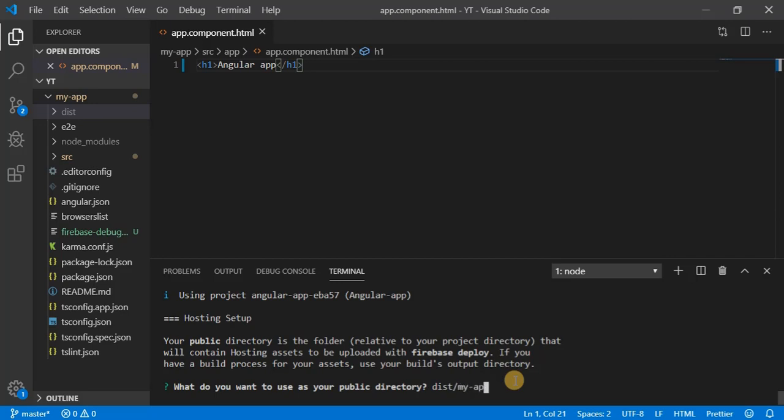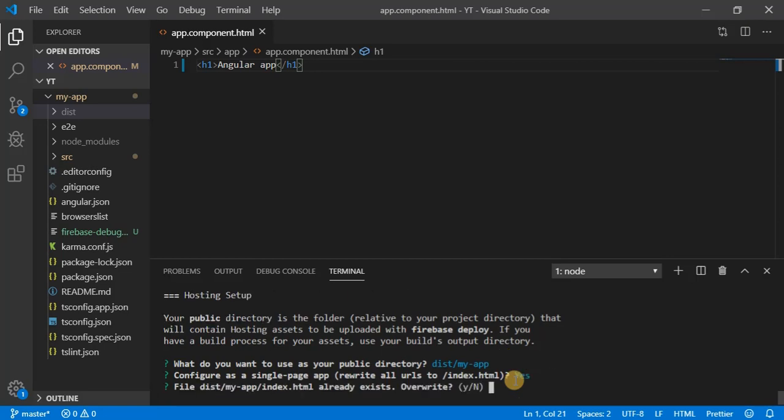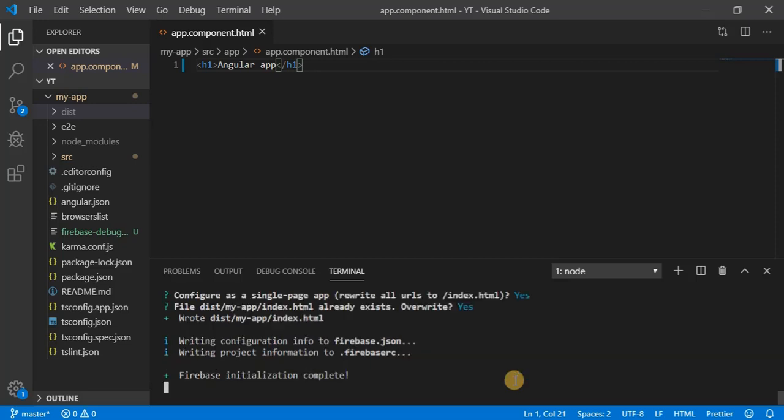Okay, so we have to give dist my app, hit enter. Next, configure as a single page application. Yeah, we want a single page application. The file dist my app index already exists. Override? It's asking to override, so give yes.